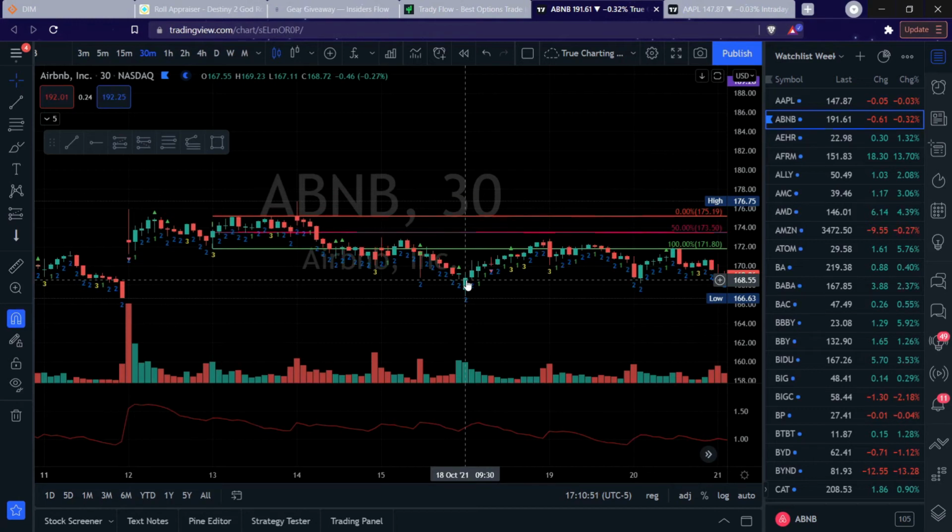And depending on your delta, that's a fantastic profit. I mean, that's going to be more than 100% profit on the contract, as long as you're not taking way out of the money ones.